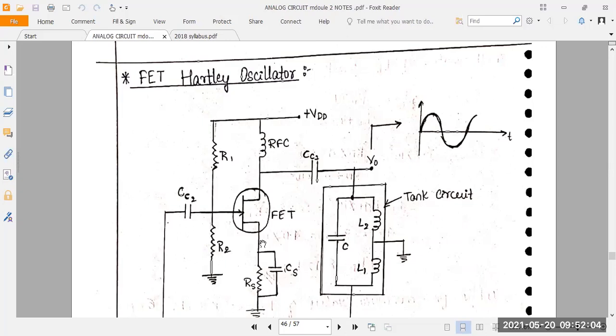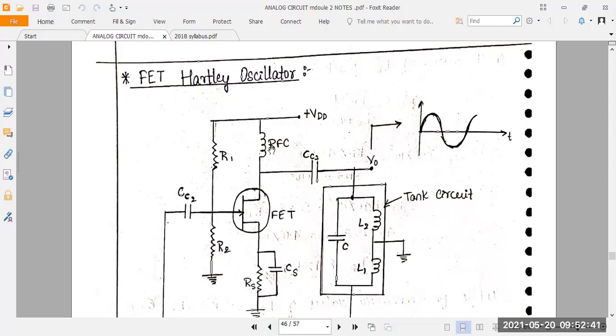Next, you take the source. In the source side, what is connected here? RS and CS, the source resistance and source capacitance. These two act as a bypass capacitance and bypass resistance. They are connected in parallel, CS in parallel with RS. These two act as a bypass network. We want to pass the signal, in terms of current and voltage, to the ground by using the R and C combination in parallel. This is the complete voltage divider circuit here. See this diagram. For the input side, two resistances are connected, right?